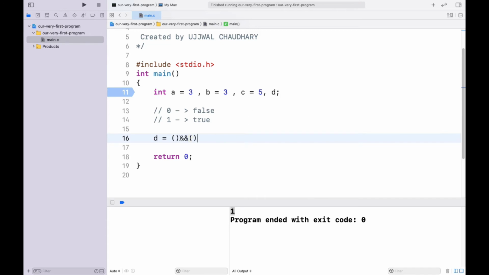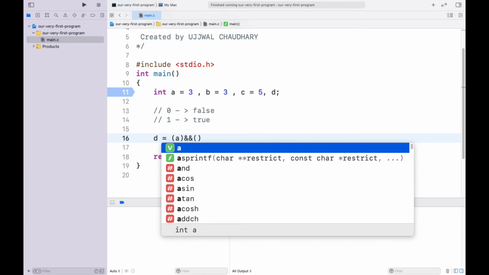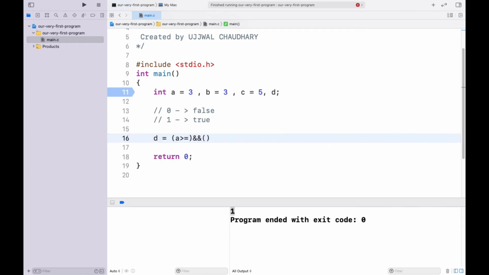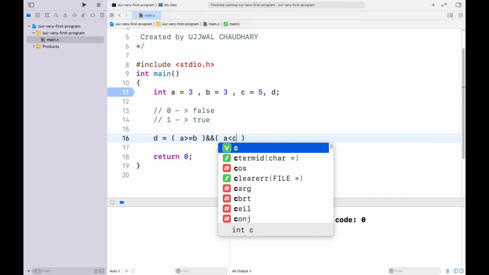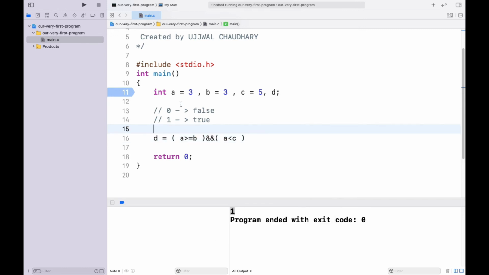The first condition will be A is greater than or equal to B, and the second condition will be A is less than C. See, both conditions are true. You can see that 3 is greater than or equal to 3, and A, which is 3, is less than 5.